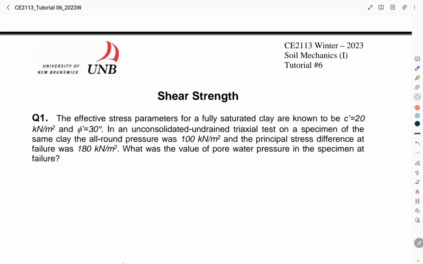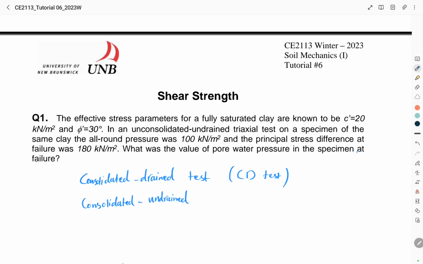As you know, there are three standard types of triaxial tests that are generally conducted. The first one is consolidated drained test, or CD test. The second one is consolidated undrained test, or CU test. And the third one is unconsolidated undrained test,